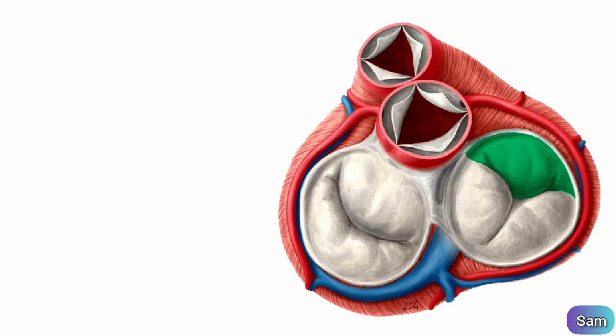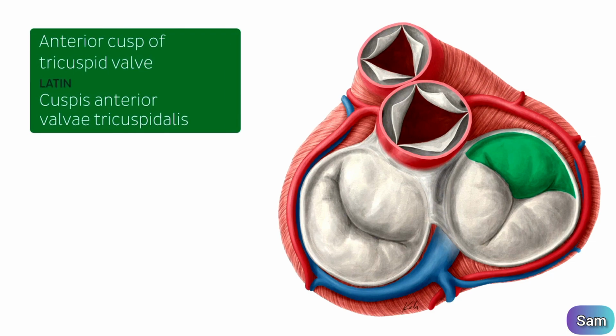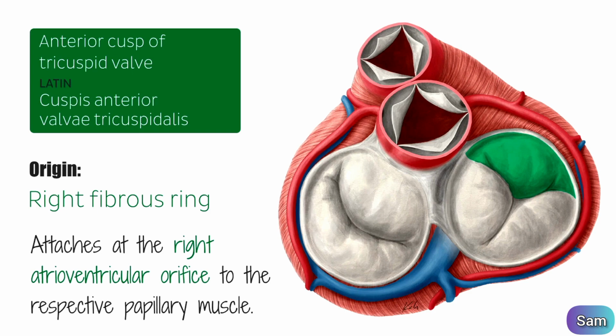The first one that we have here highlighted in green is known as the anterior cusp of the tricuspid valve. Now, the anterior cusp is the largest and most ventrally positioned cusp. It originates at the right fibrous ring. So you find here a fibrous ring on the tricuspid valve, and the right fibrous ring serves as an origin point for the anterior cusp. And then it attaches at the right atrioventricular orifice to the respective papillary muscle via the heartstrings